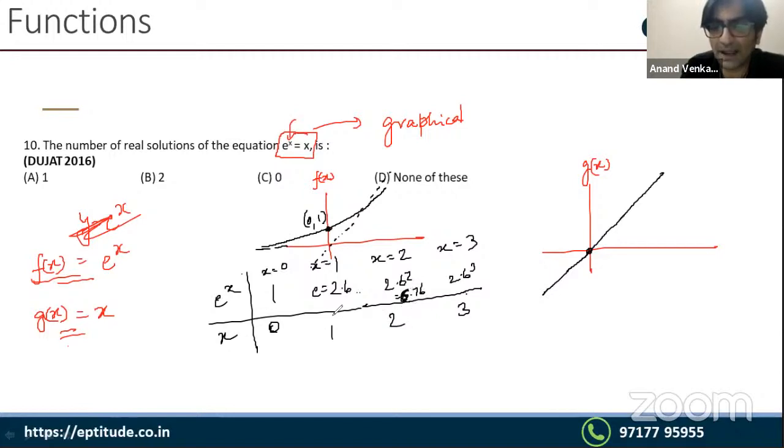ये देखो, यहाँ पे गैप 2.6 का था, यहाँ पे गैप 4.76 का हो गया, यहाँ पे और भी ज्यादा हो जाएगा। तो गैप बढ़ता जा रहा है, और अगर गैप बढ़ता जा रहा है तो ऑब्वियसली कर्व्स का इंटरसेक्शन नहीं होगा। तो ये एक्चुअली कर्व्स इंटरसेक्ट ही नहीं करेंगे, ये कर्व e power x का ऐसे निकल जाएगा ऊपर। तो मतलब एक पर्टिकुलर पॉइंट तो पास आएगा, बट उसके बाद कर्व होकर के ऊपर चला जाएगा। तो द आंसर टू दिस क्वेश्चन इज ऑप्शन सी। देयर एक्चुअली आर नो सॉल्यूशंस फॉर दिस पर्टिकुलर इक्वेशन।